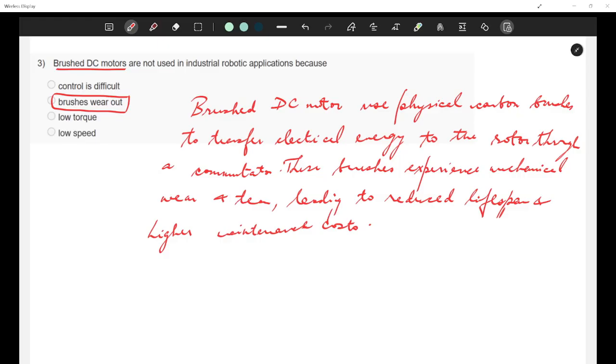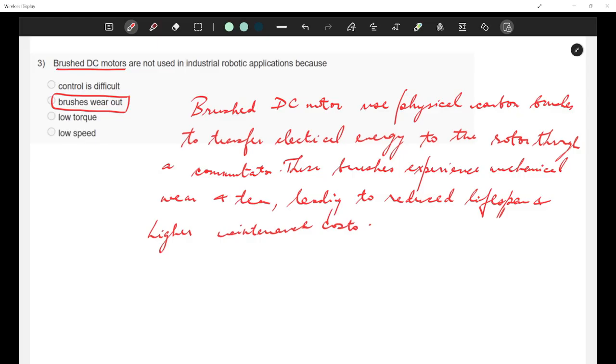Ma'am, am I audible? Yeah, you're audible. Ma'am, the question is the main difference between a brush type DC motor and a brushless DC motor is the rotor of brush type DC motor is made of thin magnet, and other two options are wrong, I think so. A brush type DC motor implements commutation through a software, it is wrong, and brushless DC motor has a mechanical commutator, it is also wrong.